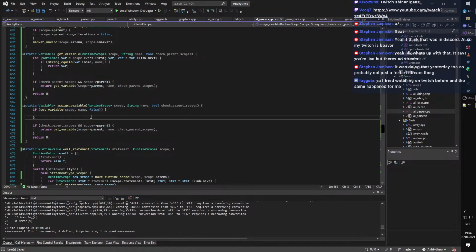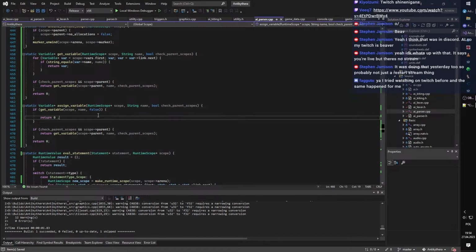If we have this var already, this means, I guess to make this not error prone, maybe it makes sense to return. Yeah, okay, so if get variable, we would do lexer error. We don't have lexer here, so I guess we would do